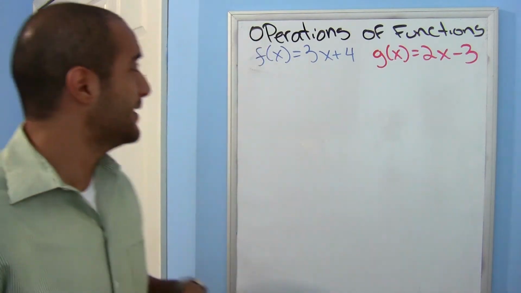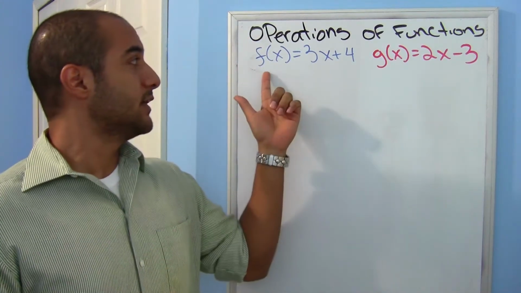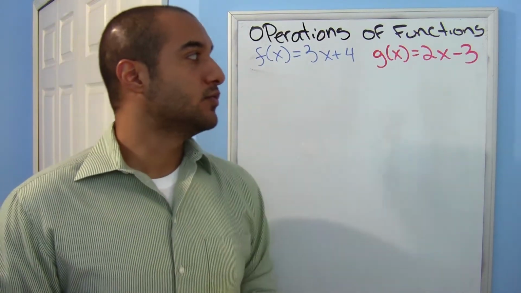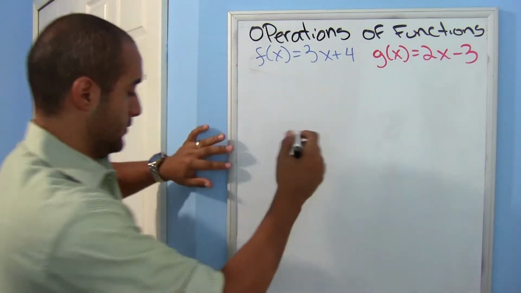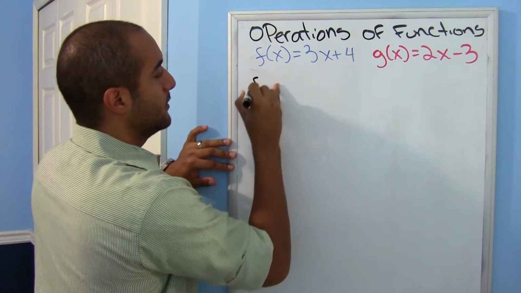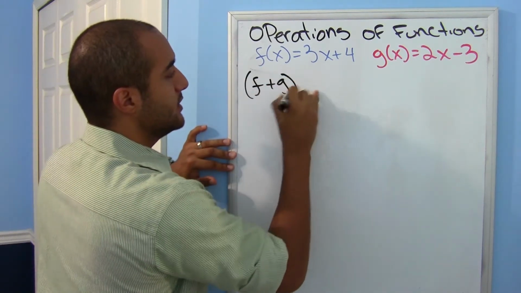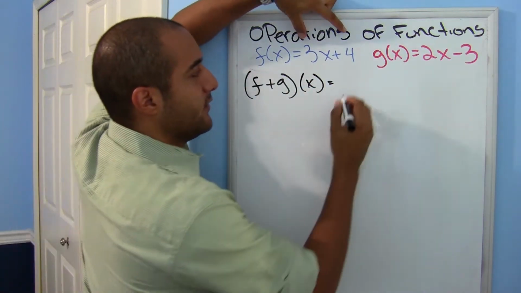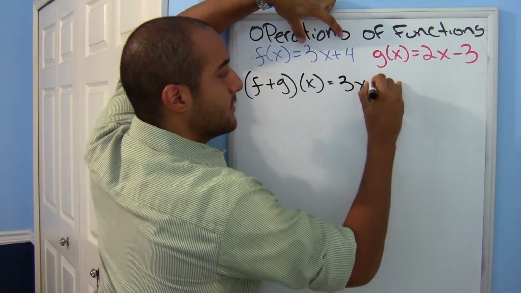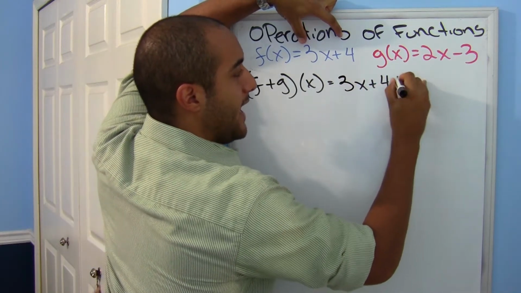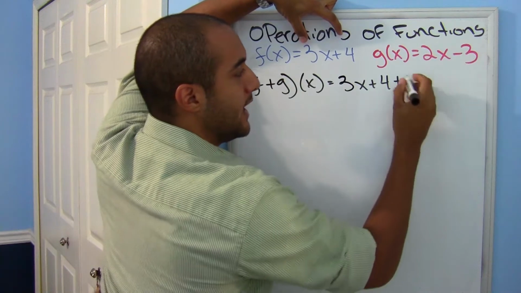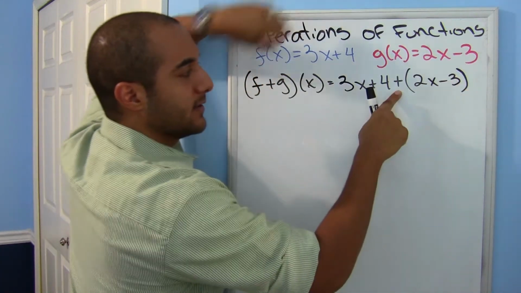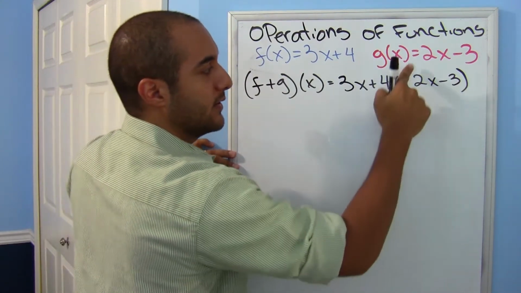Alright, let's go ahead and find our four operations using f of x equal to 3x plus 4 and g of x equals 2x minus 3. So, here we'll be doing f plus g of x. I'm going to grab my f of x, which is 3x plus 4, and I'll be adding it to this. Now you could go ahead and use parentheses, but since I'm adding, the parentheses don't actually do anything,